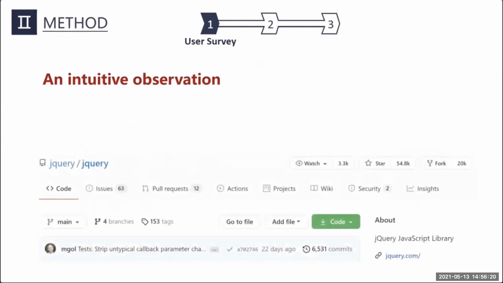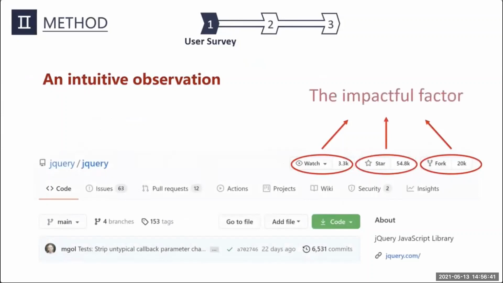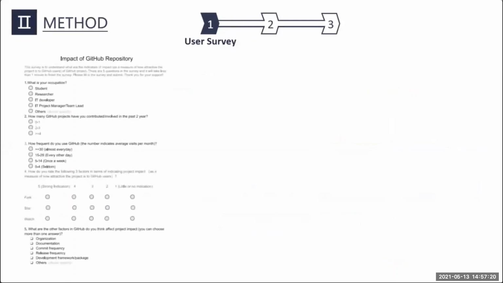An intuitive observation of a GitHub project is like this. Here is a screenshot of a GitHub project. And as we can see on the right top of the page, there are 3 tabs showing the number of watches, number of stars, and number of forks. And our intuition is these numbers indicate the impactfulness of a project, because the stars and watches are given by contributors or developers from the community who by some means know the project or have worked in the project. Based on this observation, of course, this is not the only factor that may affect impact, but this is our main observation. And based on this observation, we designed a